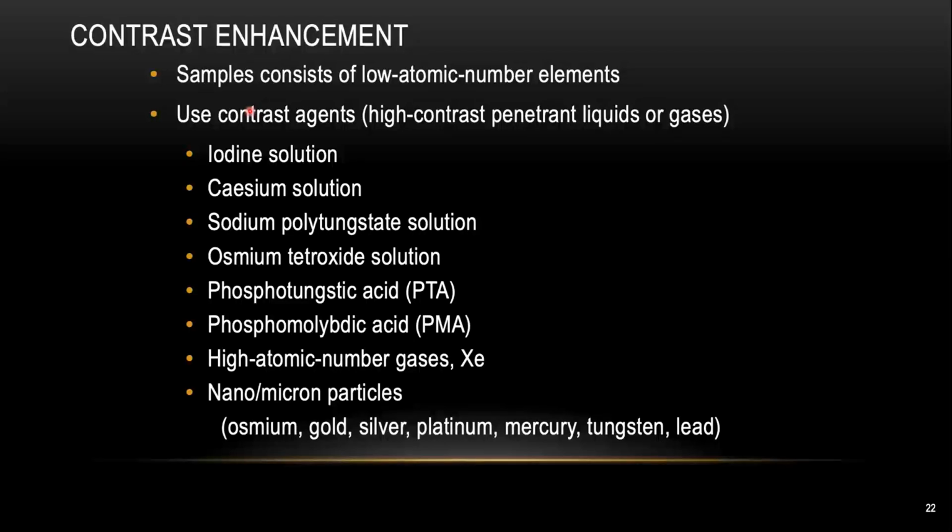Or if you're working on some animal, for instance, a lot of people here might want to see the microvasculature network inside the tissue. We just need to do some kind of perfusion to perfuse out all the blood inside your vessels. Then we perfuse the contrast agent into the vessels, and then you can see the network for your entire microvasculature. Some people also use some more exotic contrast agents, such as nano or micron metallic particles.